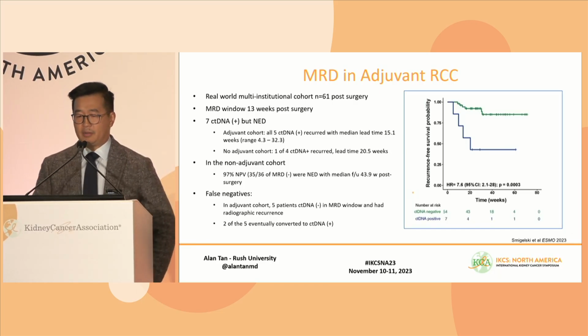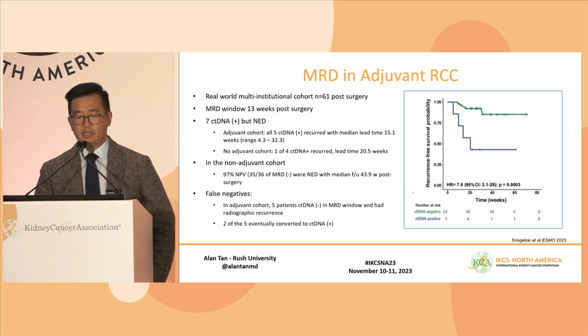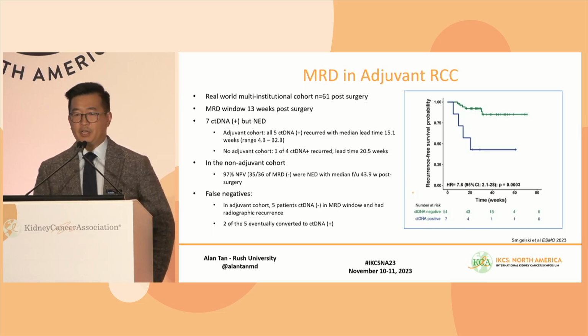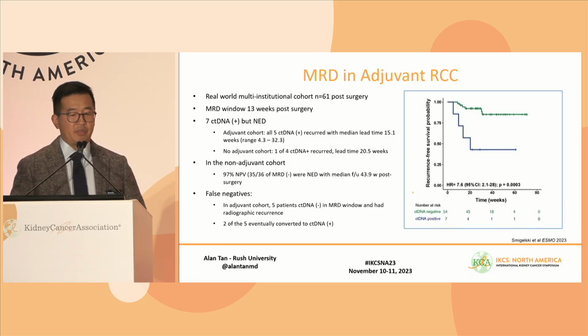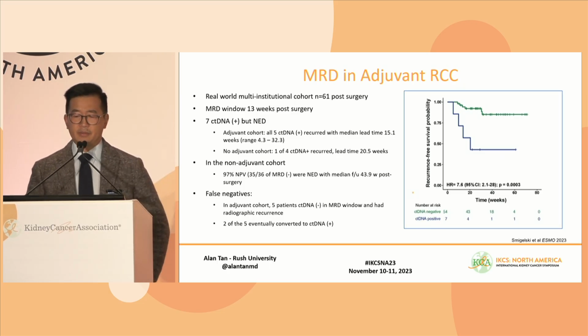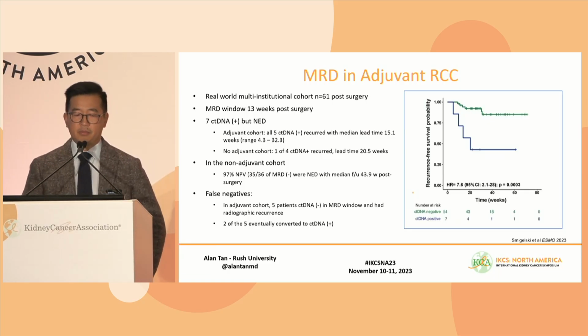And so a month ago at ESMO, Smigelski and colleagues did a real-world multi-institutional cohort study of 61 patients in the adjuvant setting of kidney cancer, and they selected the MRD window at 13 weeks after surgery. As you can see here, 7 of the patients had positive ctDNA, but no evidence of disease on imaging. And here in the blue, you see these patients recurred